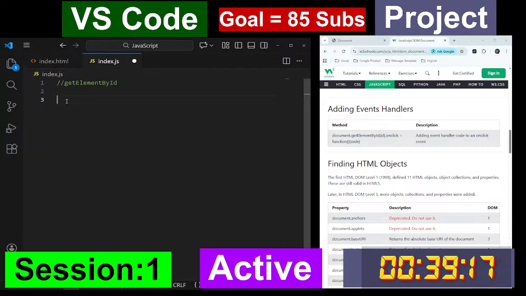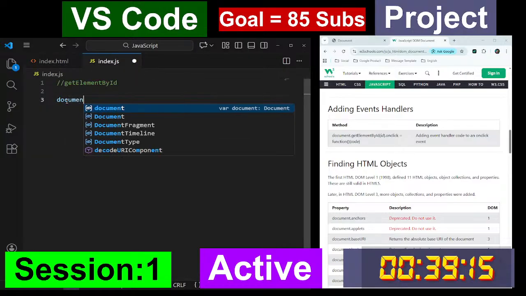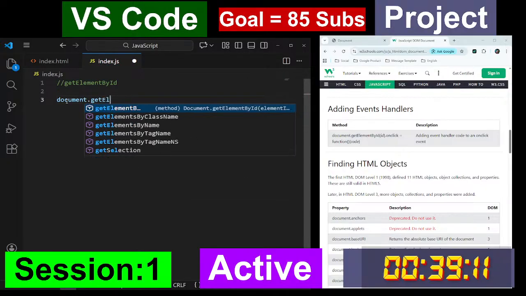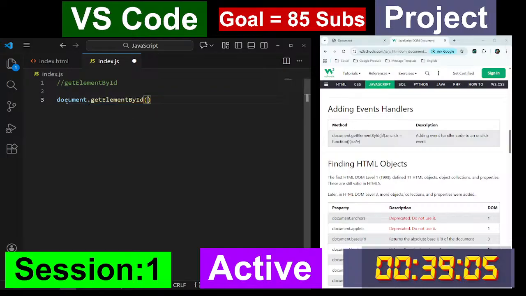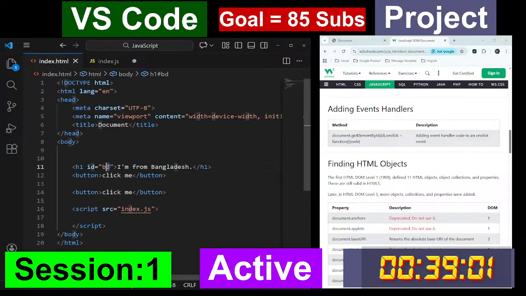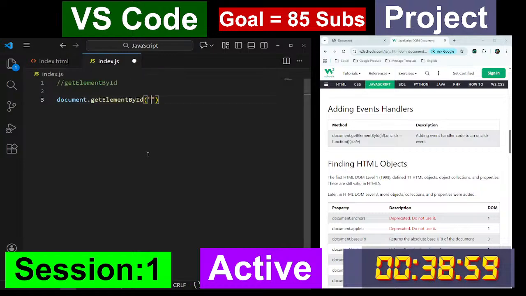So let's type document.getElementById, then the ID name. Here the ID name is BD, so let's type BD, then